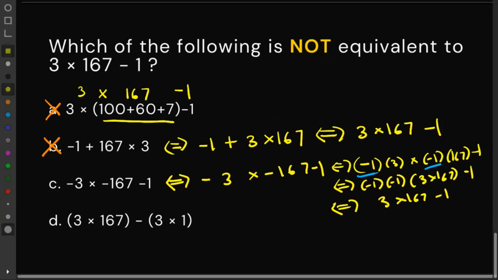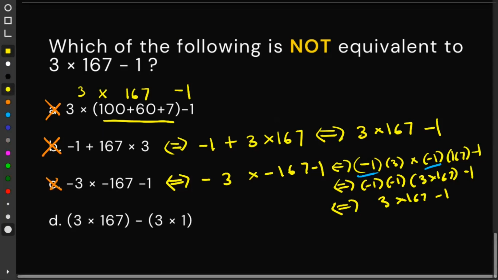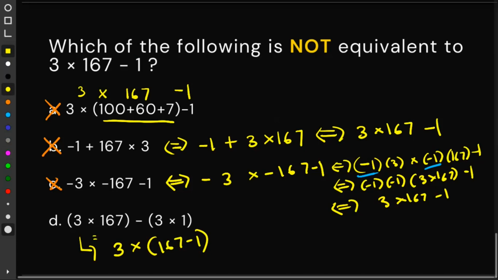For the last one, let's just cross this out first. For the last one, note that this is actually an expression where 3 is distributed. So this is actually equal to 3 times 167, 3 times 167 minus 1. Although it looks similar to the given, this isn't really equal to the given, since in this case